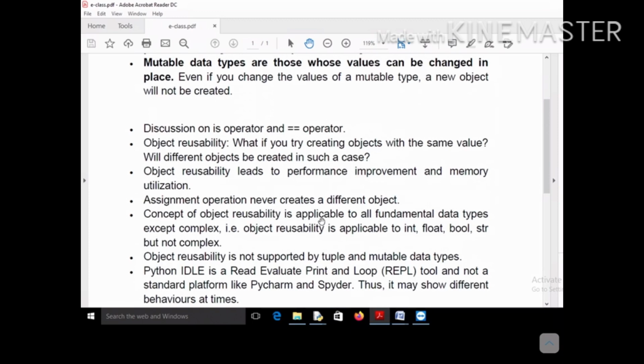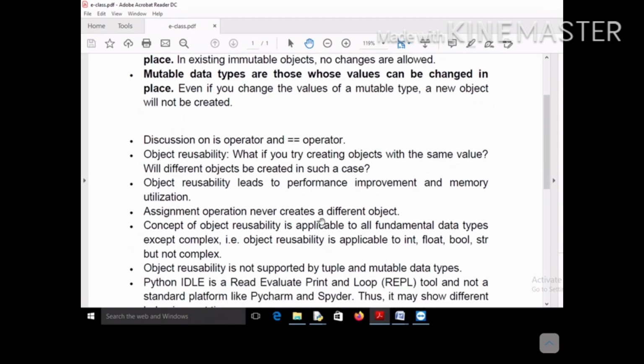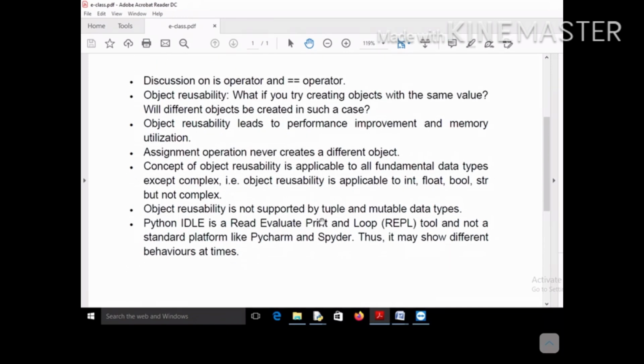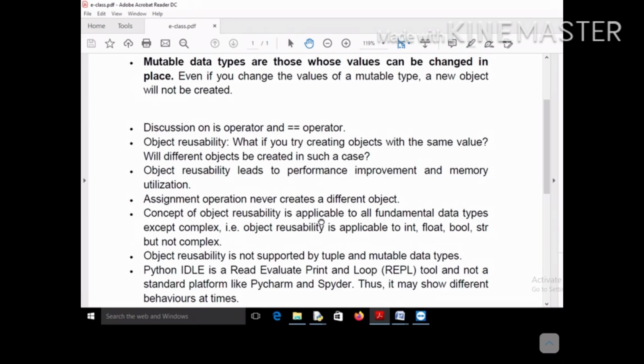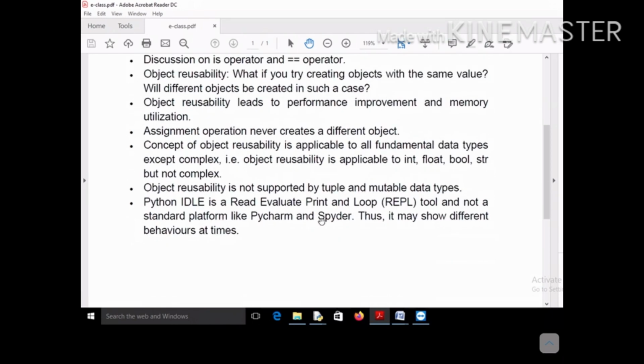All these concepts are valid, but sometimes IDLE might show different behavior. Sometimes it might not show the behavior as expected, and these concepts might not hold true.